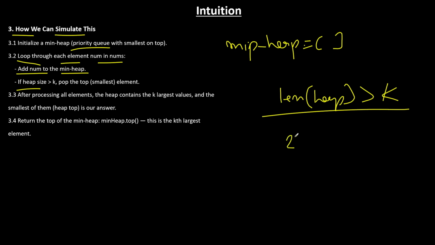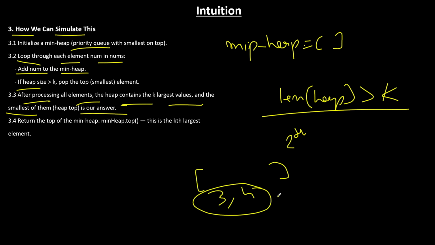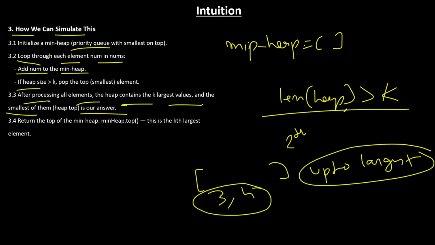Then the second element would always be the kth largest element. Always. Fine. After processing all the elements, the heap contains the kth largest values, and the smallest of them is our answer, right? Because this contains three elements or four elements, whatever, and these are up to the fourth largest element, right? And when we check that the length of the heap is greater than k, this basically states that the heap contains